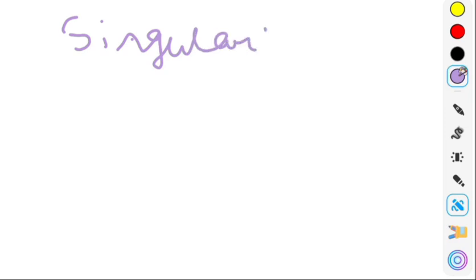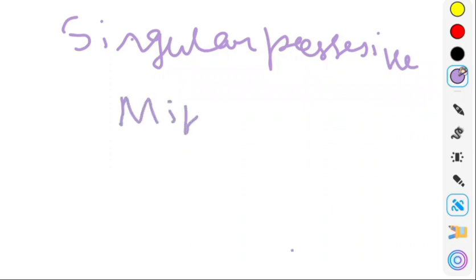So whenever there is a singular possessive noun, we require an apostrophe before s. Like I gave you the example of Mike, it is a singular noun, and if it is a singular possessive noun, we will add an apostrophe before s. But if it is plural, then we require the